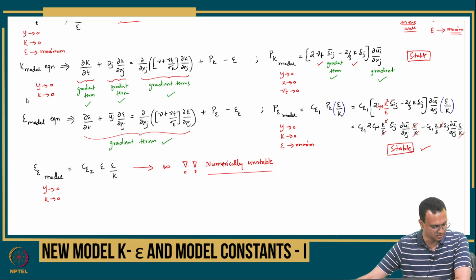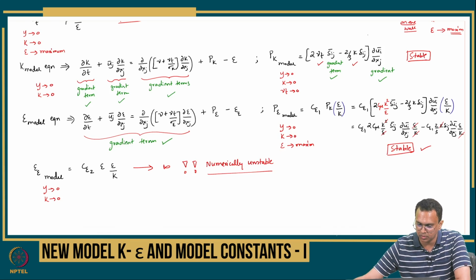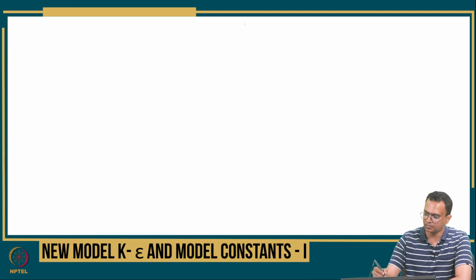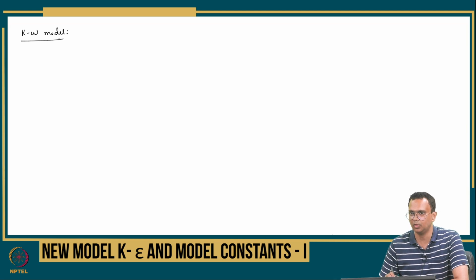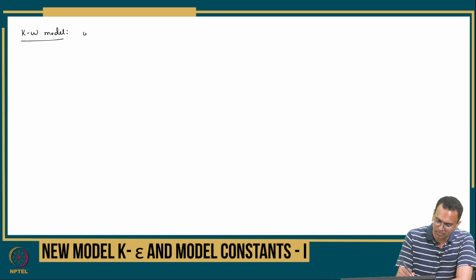You will get this issue here. Okay, so what do we do in the so-called K omega model? The first thing is, in the K omega model, we must define what is omega. So an inverse time scale is defined. So omega is nothing but,